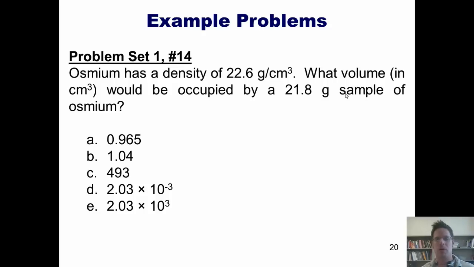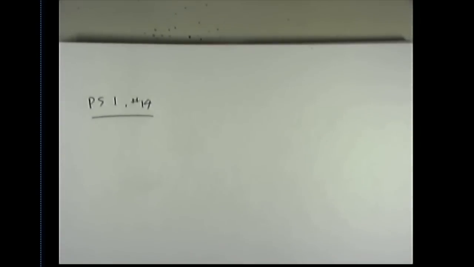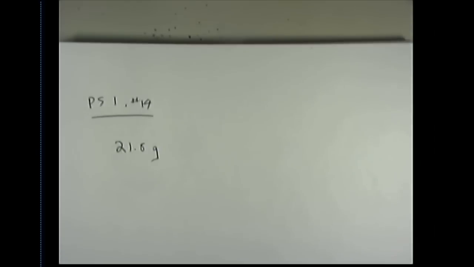In order to do this one proper, we're going to do it on the DocCam. In this really enjoyable problem set question, which I absolutely love, we're given the density of osmium and we're asked to calculate the volume that would be occupied in a 21.8 gram sample. Step one is I take the value that I'm given that I want to convert, 21.8 grams. Now I realize that one thing that confuses students is when they're given multiple values in a question, knowing which one to pick. Sometimes you just have to practice to figure that out. Usually it's the value that has no denominator units. Now that is not always the case, as we've seen in some previous examples today,